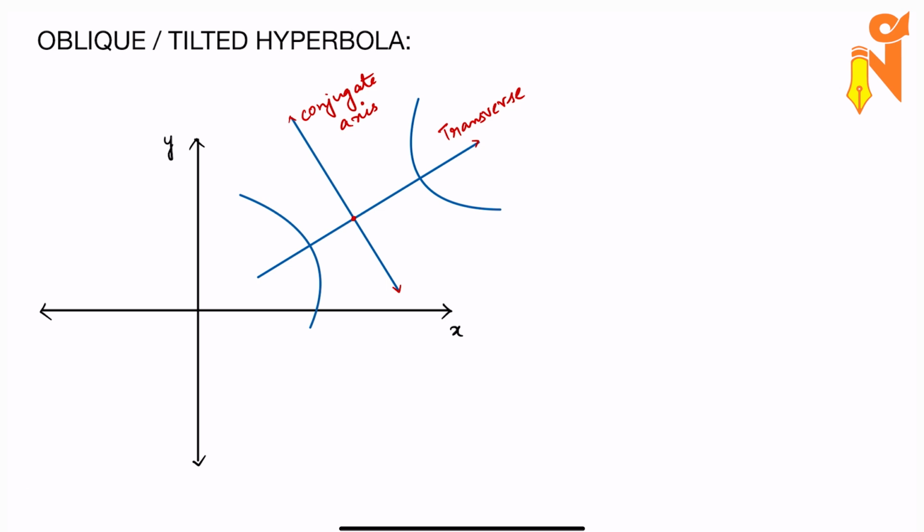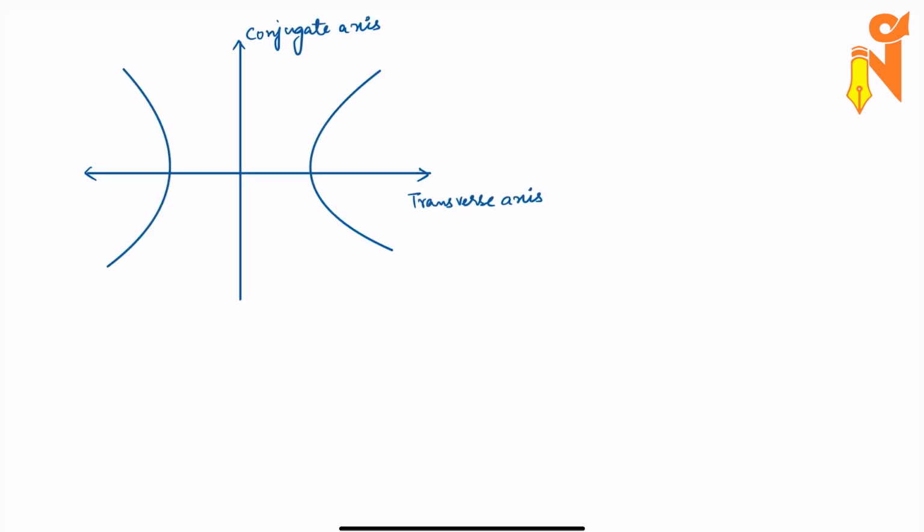To find this, we'll take the general or standard equation of the hyperbola and try to generalize the concept. We know the standard equation of this hyperbola is x square by a square minus y square by b square is equal to 1. Let's take any point P on the hyperbola, whose coordinate is x comma y. The distance of point P from the transverse axis is y, and the distance of point P from the conjugate